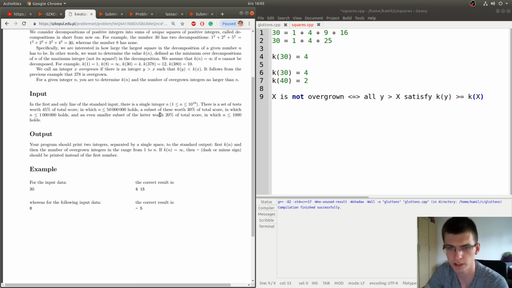So questions that might appear are: do many numbers have infinity as the number k? So maybe starting from some point, all the numbers can be represented as the sum of different squares, or maybe not. Also, how big those values can be.